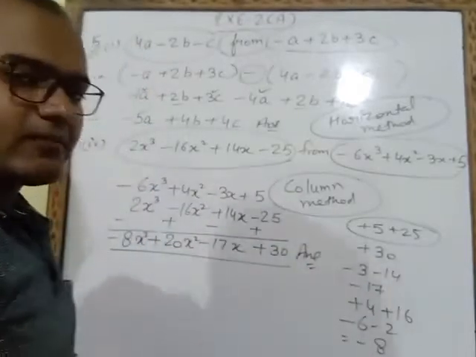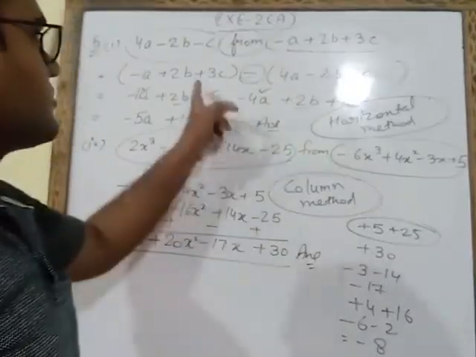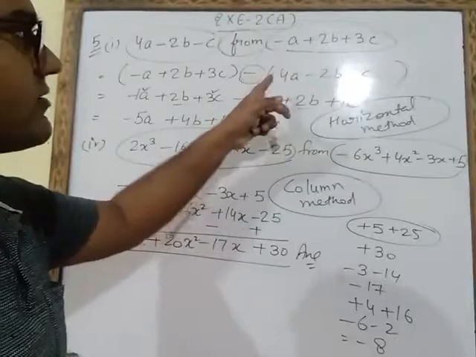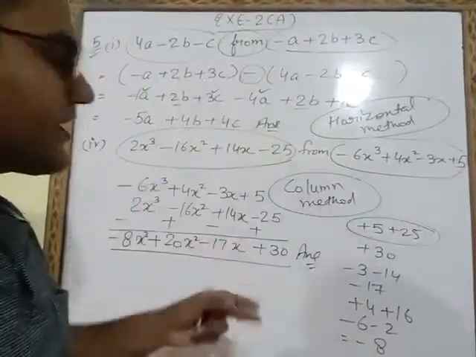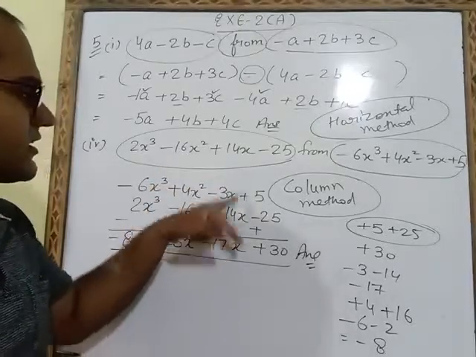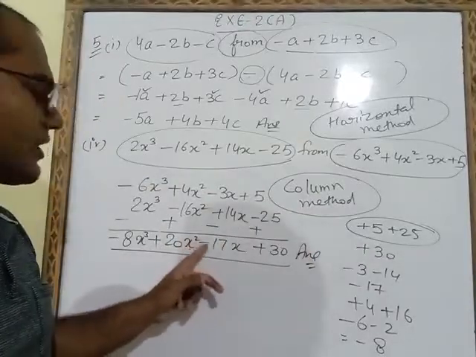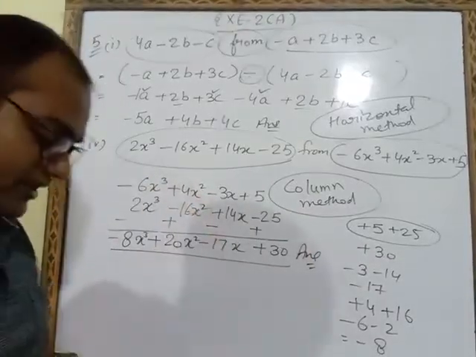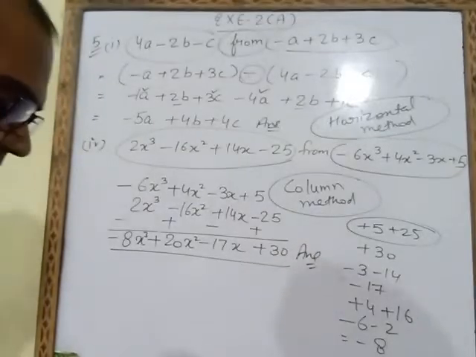You can use any method because in the question heading it is not given which method you have to use. So by taking the bracket, if we will do this method is called horizontal method. If we will not take bracket, if we will take one number upside and one number downside, then such method is known as column method. And this is your final answer of 4th part. So like this you have to do all the remaining parts of question number 5th.